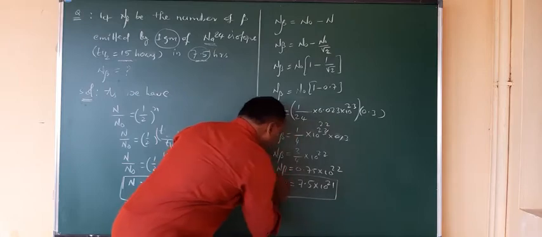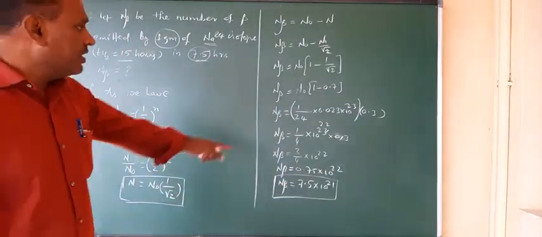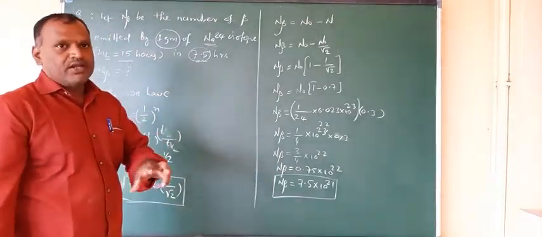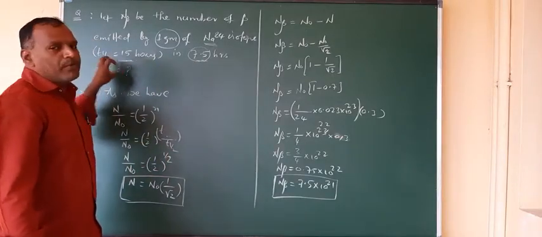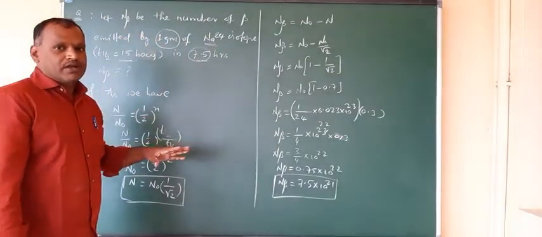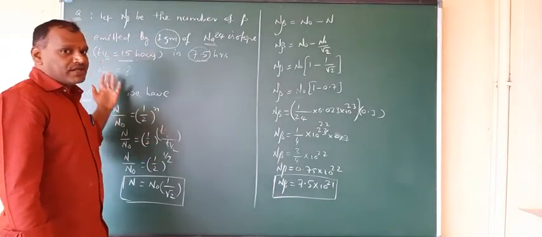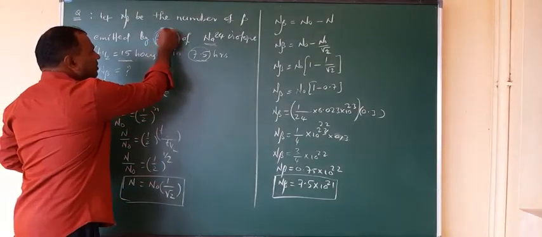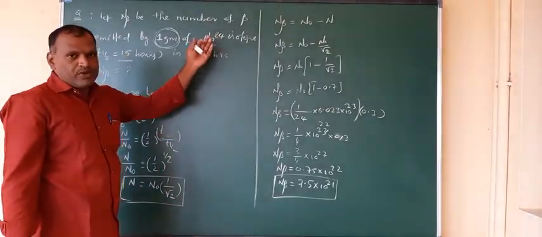So this is how you get the number of beta particles emitted, this is the value, right? Here we calculated how many beta particles can be emitted in half of the half-life. But initially how many particles are there? That is not given. You have to calculate how many particles are there in 1 gram of this radio sodium, the sodium isotope 24 we have.